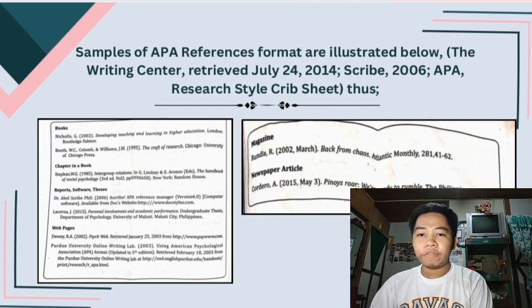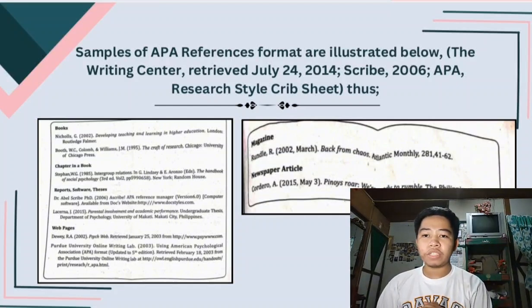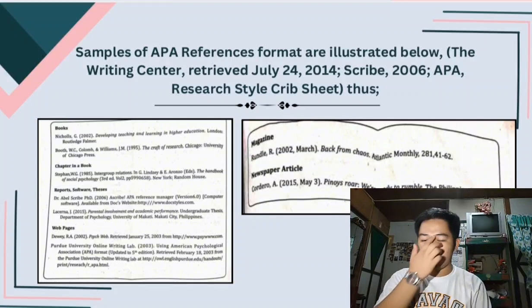And for the information of everyone, APA stands for American Psychological Association, an organization that created a set of style rules for academic writing. APA style is a documentation style for sources used in research papers and is often used in social sciences such as psychology, anthropology, and sociology.